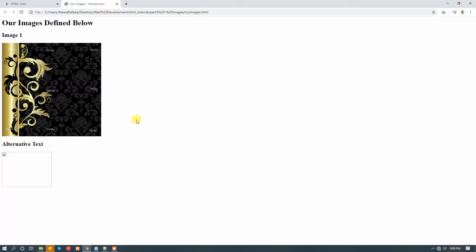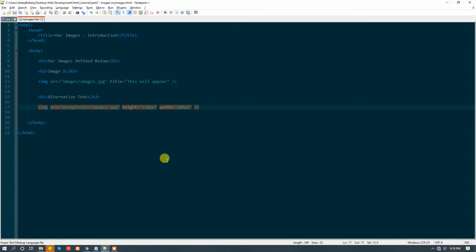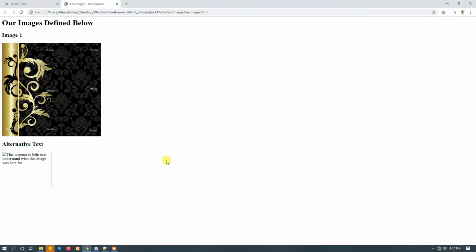See, when that image does not exist or does not load for any reason, when a whole page has loaded but suddenly the internet has gone, your text is loaded but not images, so no one understands what the image is about. But if you give alternative text, the alt attribute, alt means alternative text, this is going to help the user understand what this image was here for. So this is very helpful for the user and for the search engine also, because search engine takes this text,